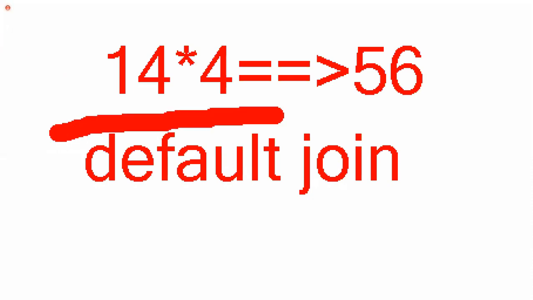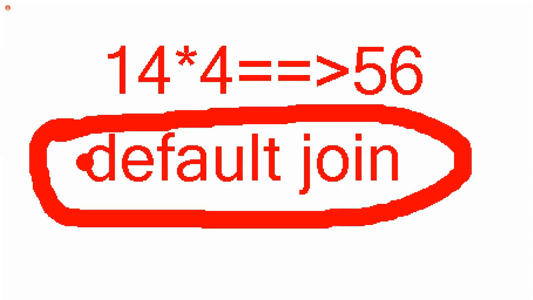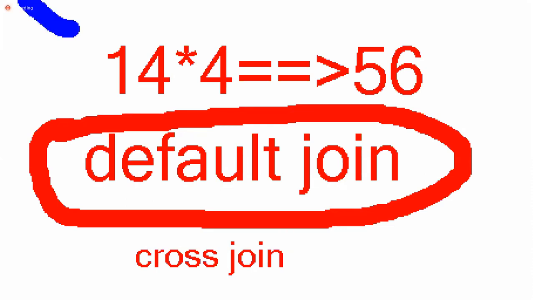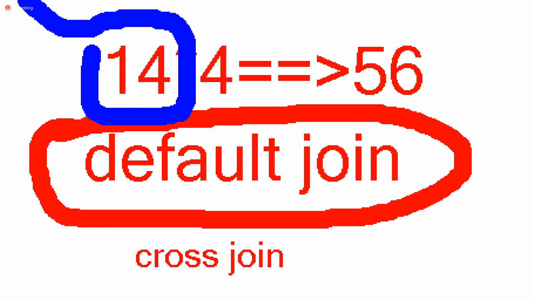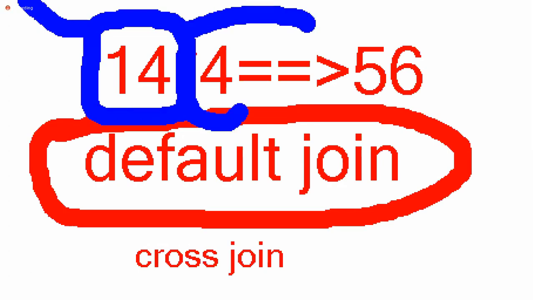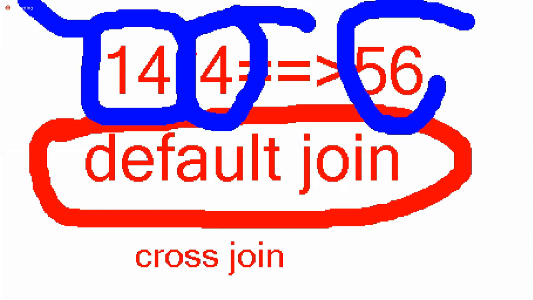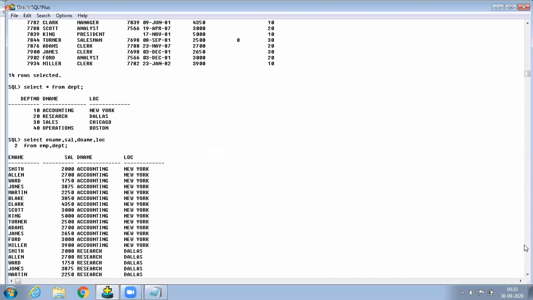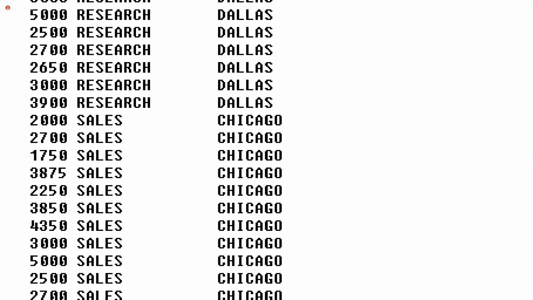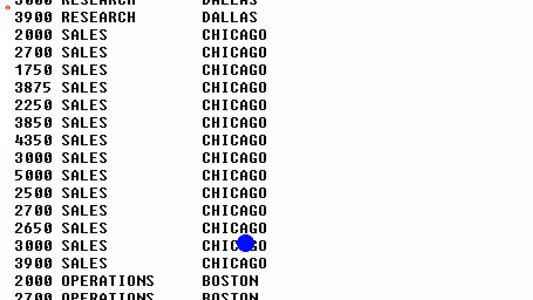What is the default join in the Oracle server, SQL Server, and DB2 server? It means cross join. Up to now you don't have any cross join. Cross join is just one stage you are familiar with today, and I'm not explaining it in detail yet. Here, 14 rows of one table into the rows of another table, and the multiplication gives the total number of rows displayed. That's why cross join gives so much duplicate data. Observe here: Dallas will be displayed, Chicago will be displayed, so much duplicate data.